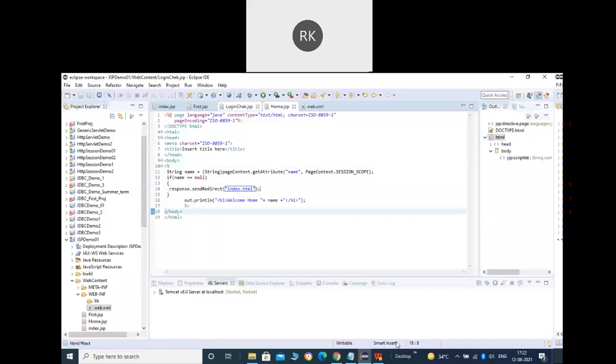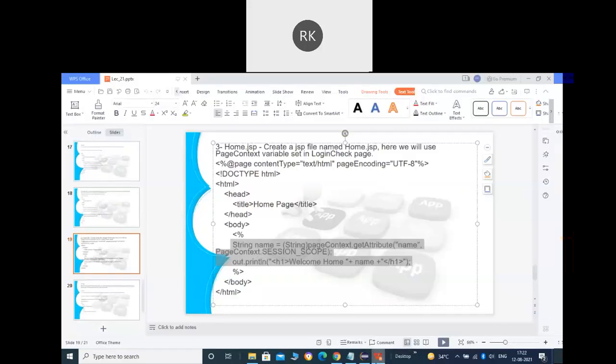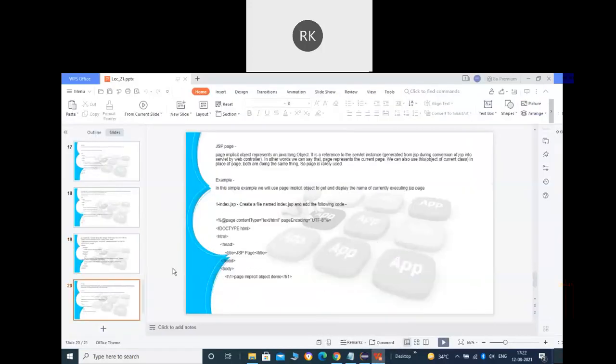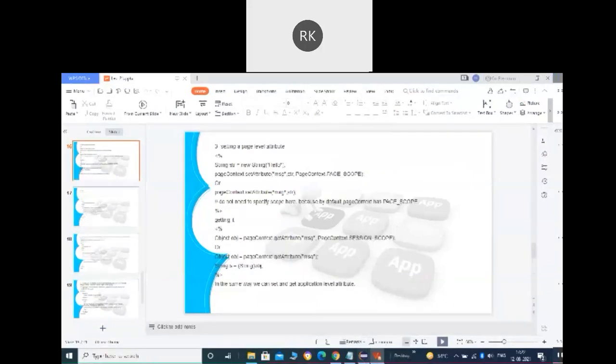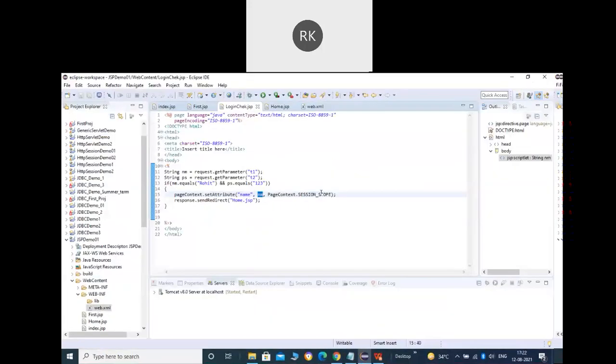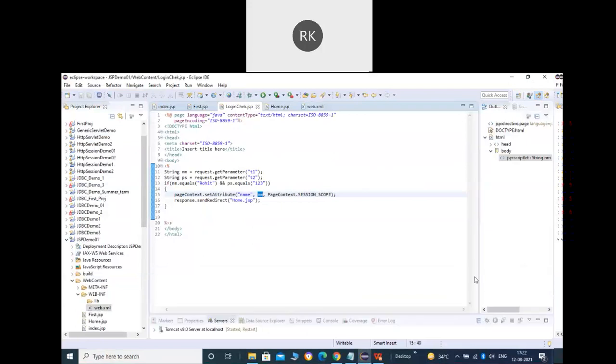All of this code will be in the scriptlet. So here we can say response dot send redirect. Where do we want to redirect in that case? Index.html, the login form, if the name is empty. Okay, so this is how we can do it using the page context. I hope you are getting the point here. Does anyone have any doubt in this? Then please let me know.